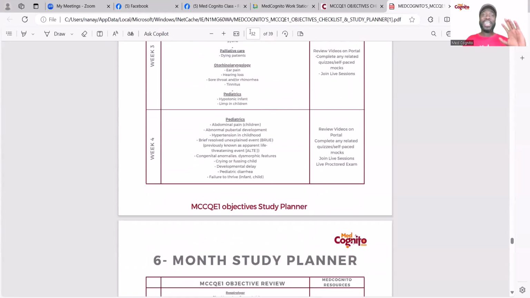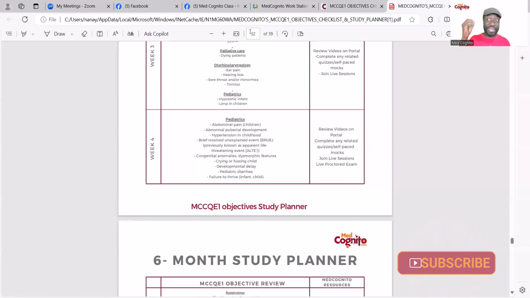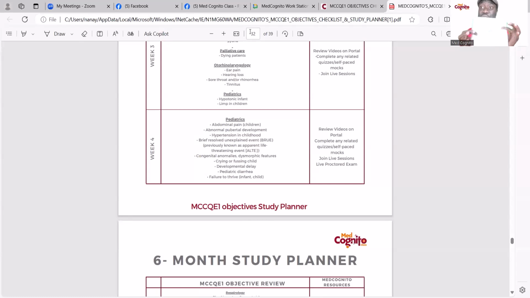So doctors, preparing for the QE1 is not a mystery. I've seen on so many Facebook groups, people asking where should I cover this? Everything is in the objectives, and the objectives document itself from the MCC is about 400 and something, and we've brought everything down so that it has become easy for you to prepare. So in 32 or 33 pages, you have everything at your fingertips.